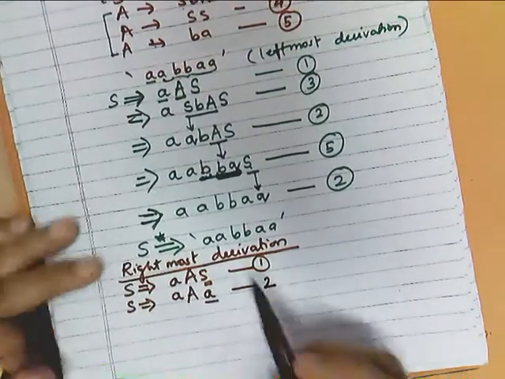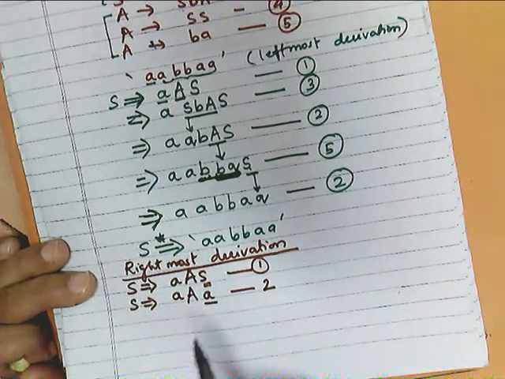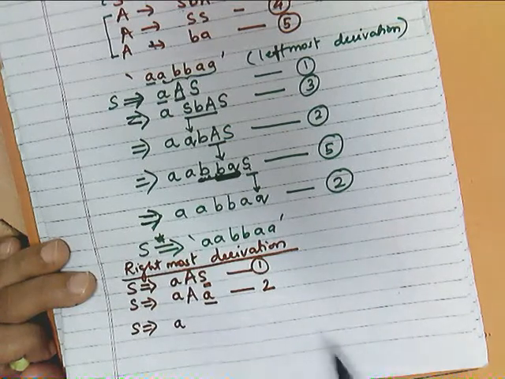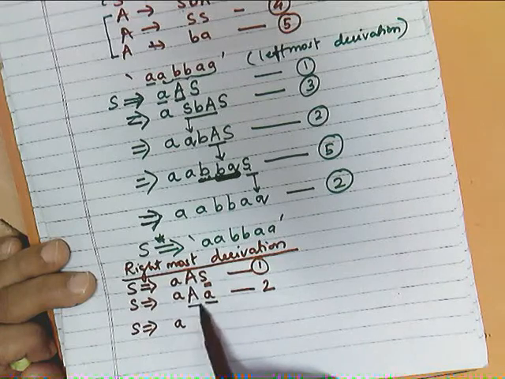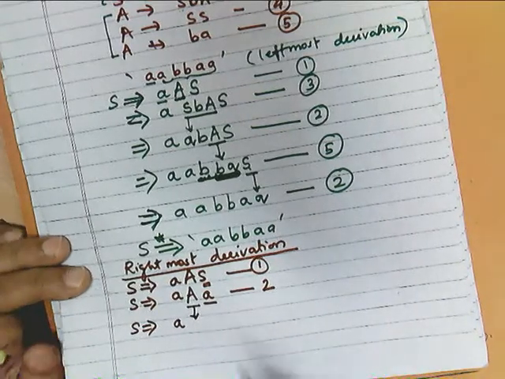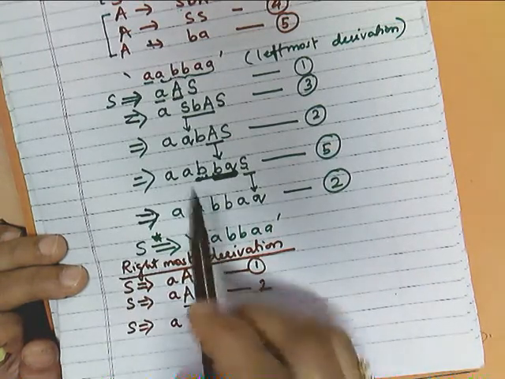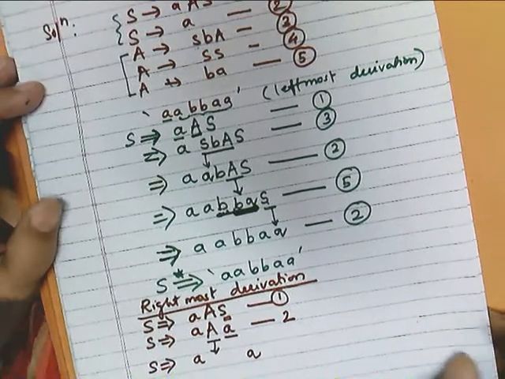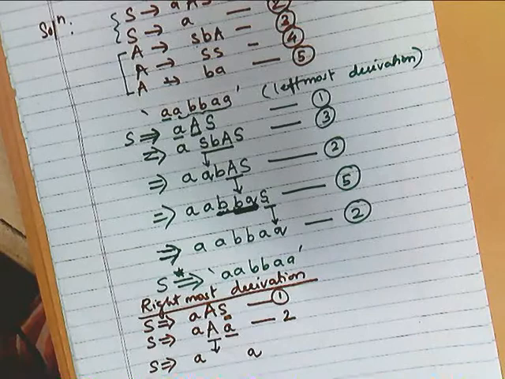right? So in rightmost derivation we have replaced the rightmost non-terminal with terminals. Next, what is remaining with us? Only one non-terminal is remaining, which is A. So this A should be replaced by what we want. Now we have got this and A. We want something which can derive this particular string, okay? So out of these three, which rule should we go for? For the A replacement, we have to use some suitable one.